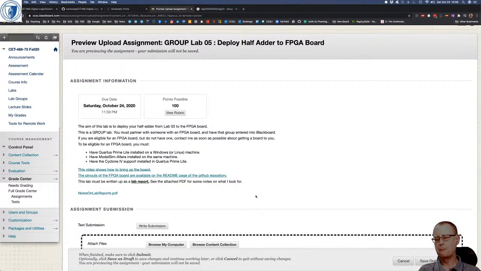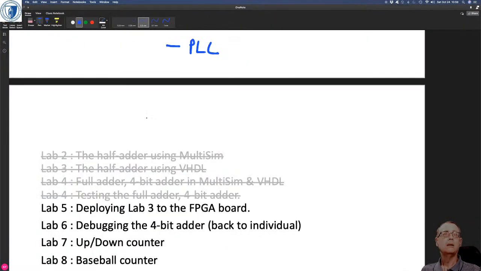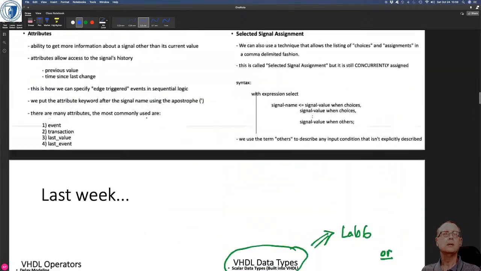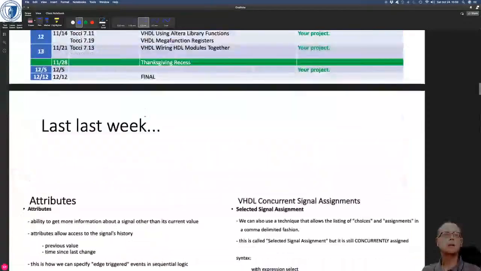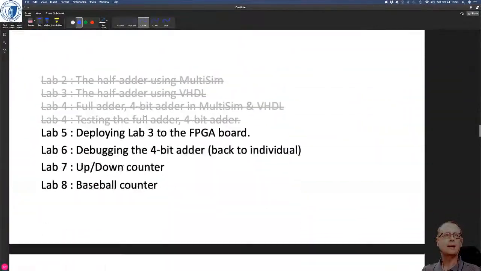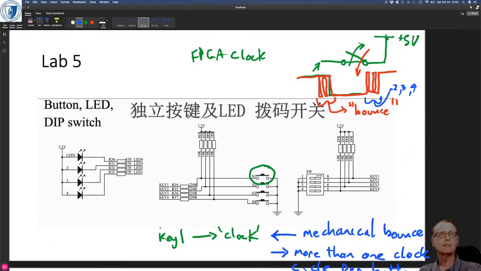So remember the issue that I think we went through last week. Right, I talked about clocks this week, but the issue that we talked about last week is that the LEDs and the switches